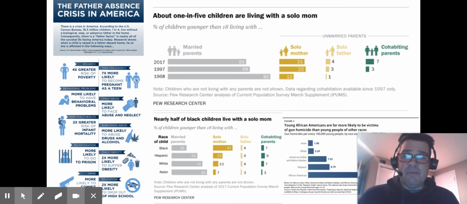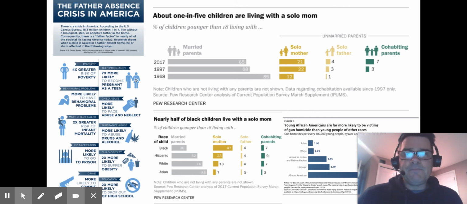7 times more likely to be pregnant as a teen on the girl side. More likely to face abuse and neglect, not necessarily from the mother, but from live-in boyfriends or whatnot. More likely to abuse drugs and alcohol. 2 times more likely to be obese, and 2 times more likely to drop out of high school. So fatherlessness is not just associated with higher crime rates, although it is, but also with a slew of